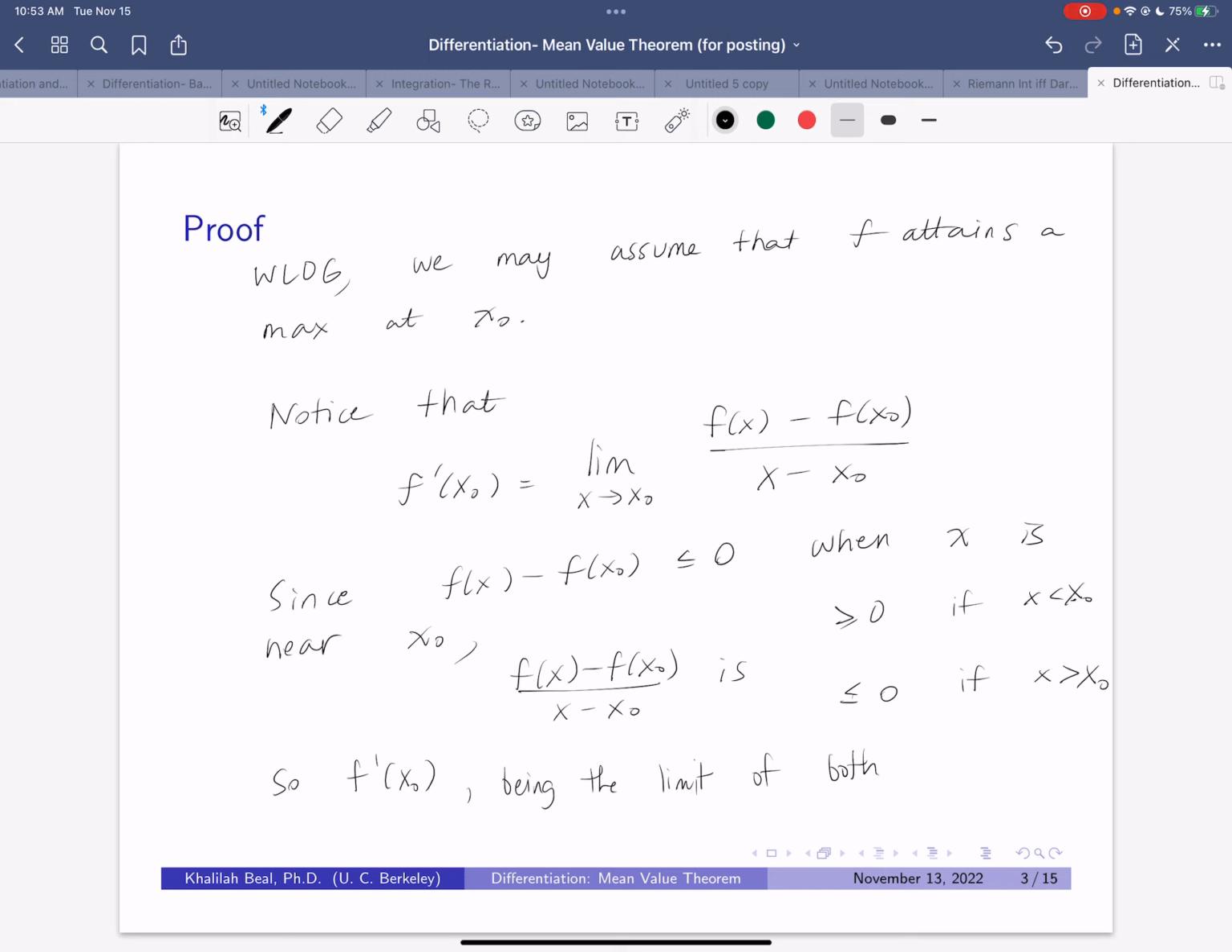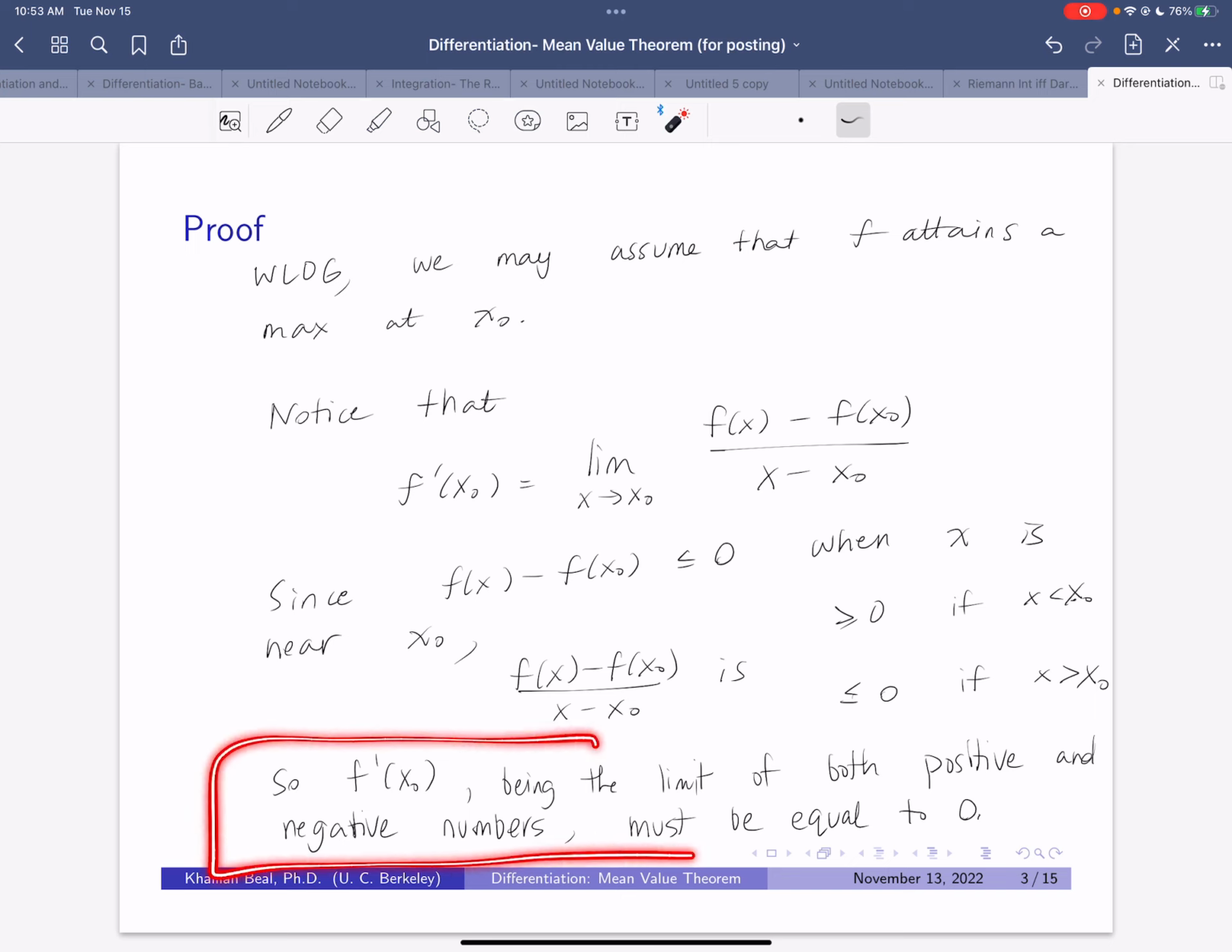A limit of both positive and negative numbers must be equal to 0. And we could justify this last line because this is the crux of the proof. We could justify that using a proof by contradiction if we wanted to, right? The idea being, suppose